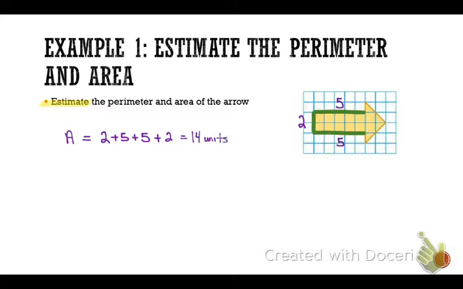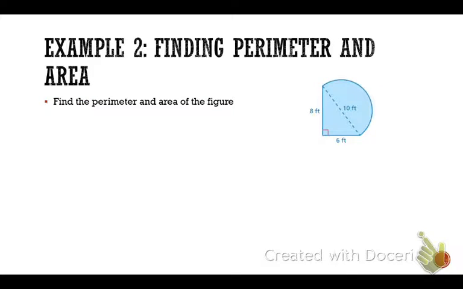Sorry. Okay, so we're going to stick with area for now because I really want to get into example 2 and spend some time here. Okay, example 2. This is what's going to be on your quiz and your test next week. The estimation, it's not even going to be on there. Okay, all right, so look at this figure over here, this blue figure. It should be right there on your notes. What 2 figures make up this composite figure? Jack? Triangles and semicircle. Okay, so what I'm going to do is I'm going to find the perimeter and the area